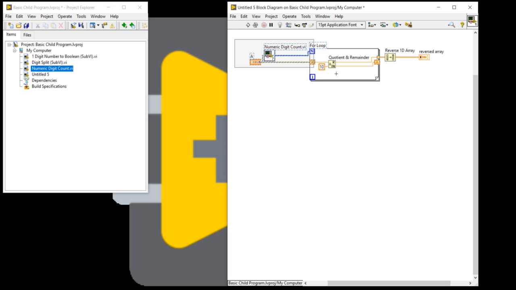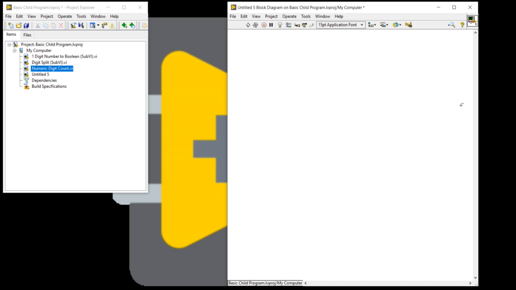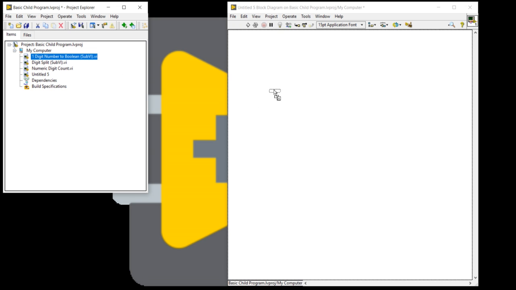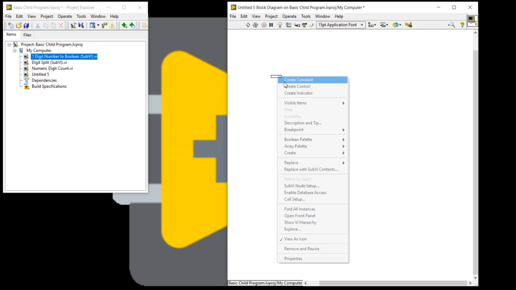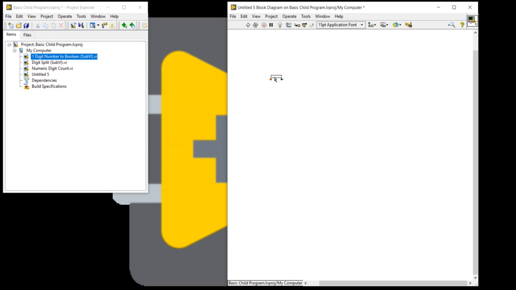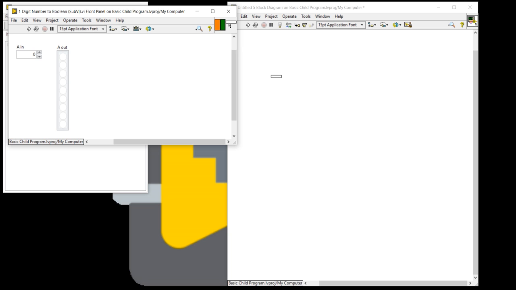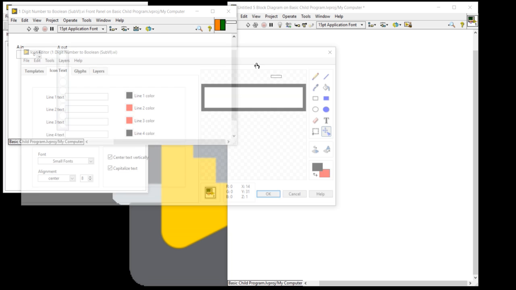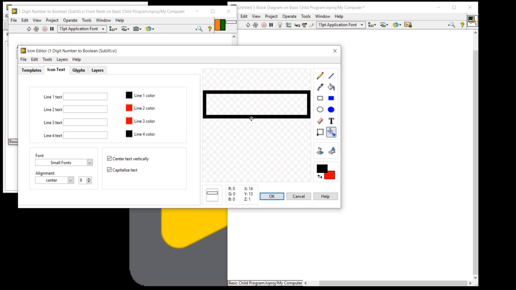Now after that, last program of the day. Come here, one number. Open this program. What is the name of this program? I am going to double click and open it. First, edit the icon. It's not pretty good.